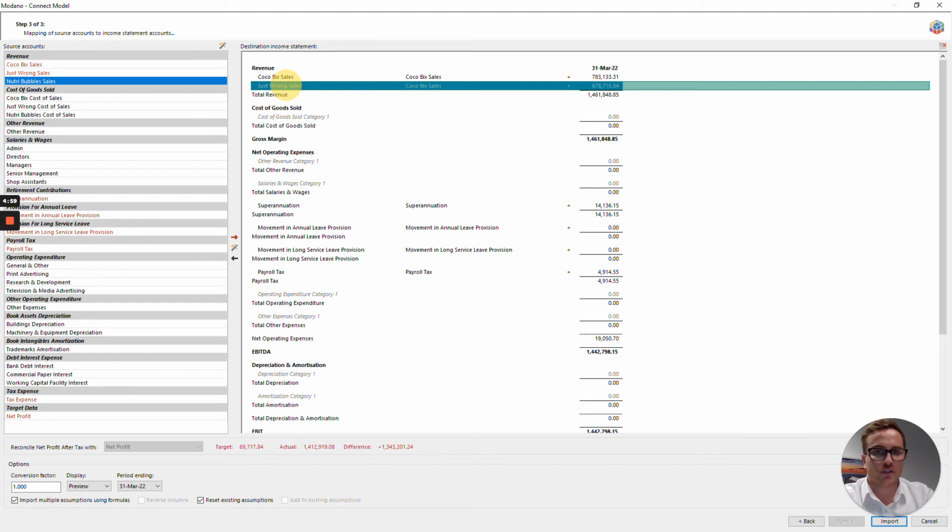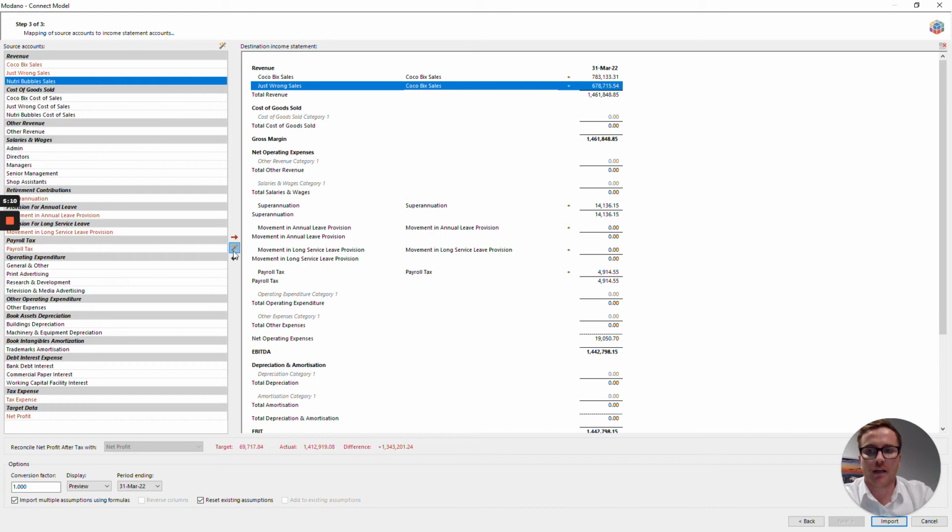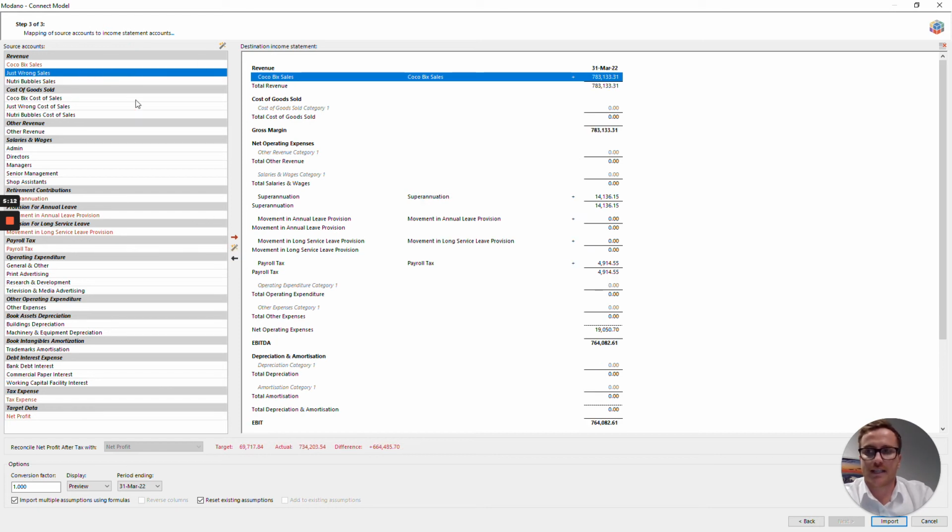Dragging them all on top of each other, and now the three zero source accounts are being condensed into one category within the model called Cocoa Big Sales. That's just an example of many-to-one mapping. I obviously want to forecast these revenue line items individually as they're important, and then for me to actually